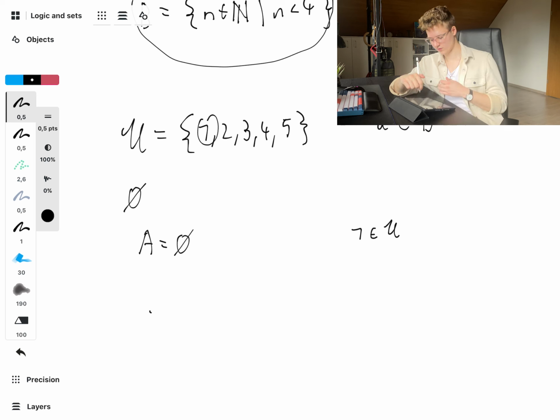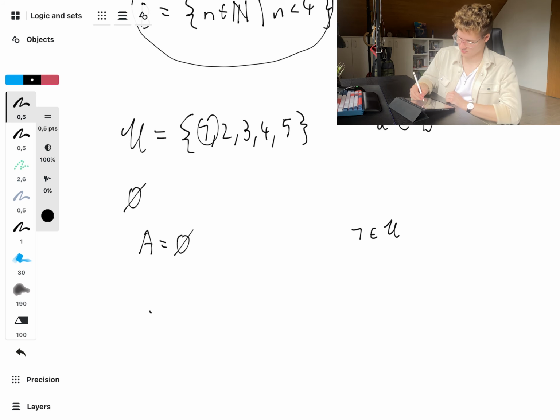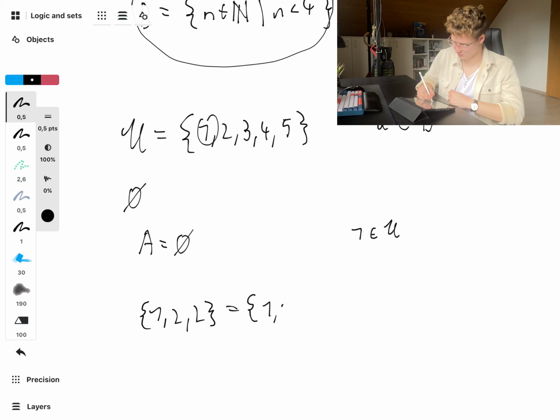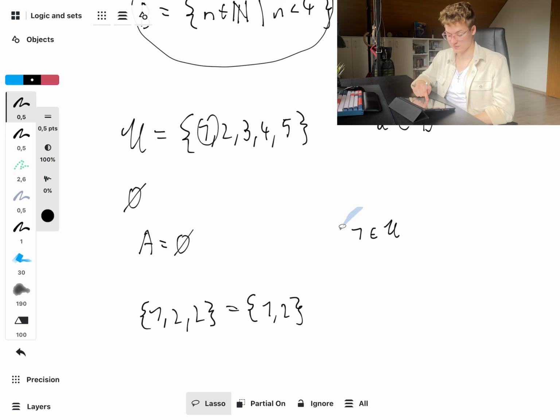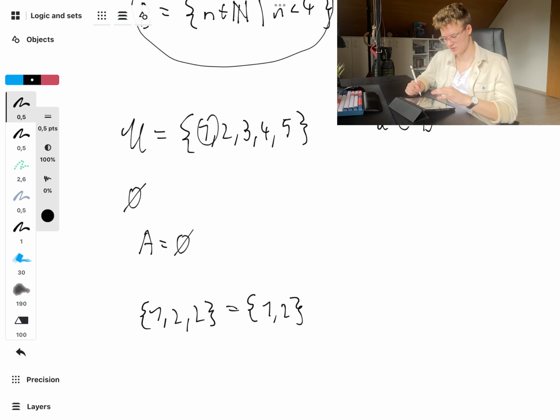One thing to note is that you can have recurring elements in a set and it doesn't change the fact. For example, the set 1, 2, 2 is the same as the set 1, 2. It doesn't matter. You can have infinite 2s. We just look at whether it contains the same elements, not the same amount of occurrences of the same element. That's another thing you should probably know. Now we can get into the